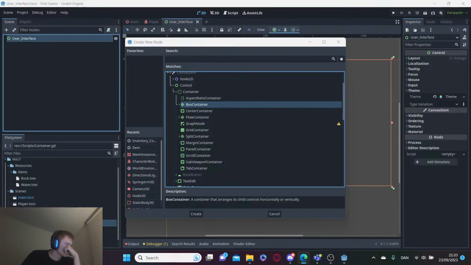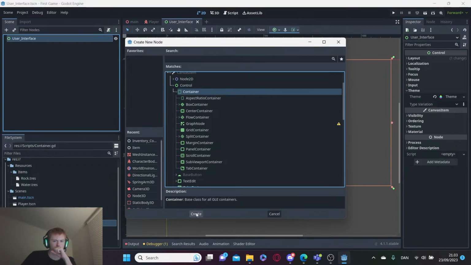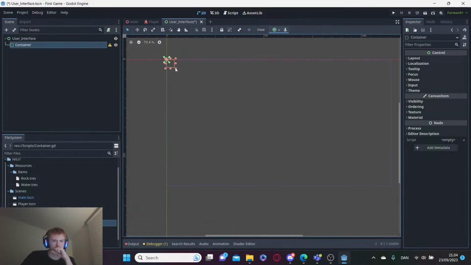Okay, so cool. When a container-derived node is used, all children control nodes give up their own position ability. This means that the container will control their position. Okay, so this is kind of like a grid box. Okay, so I can use that. So if I make this container right here,